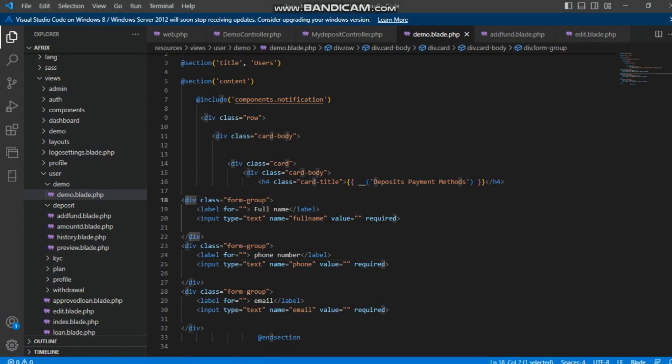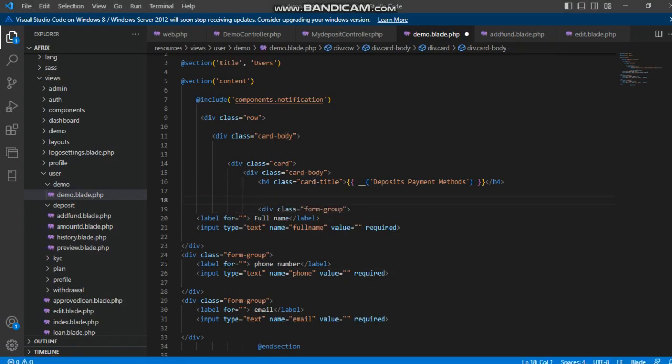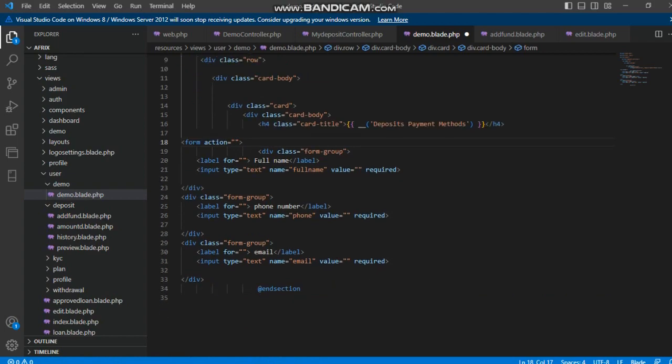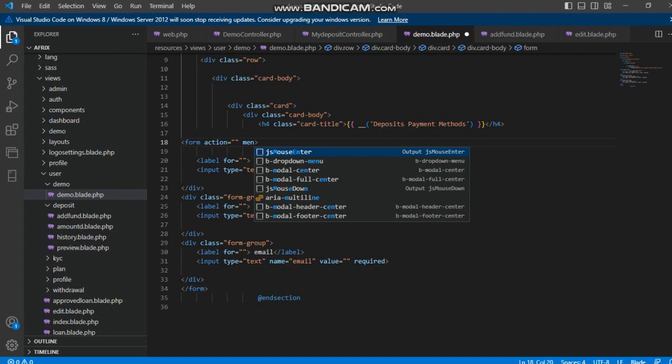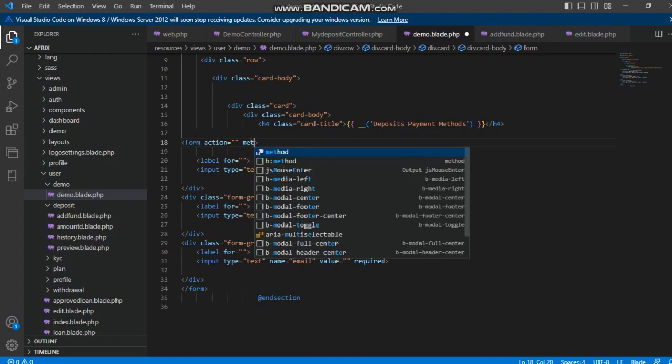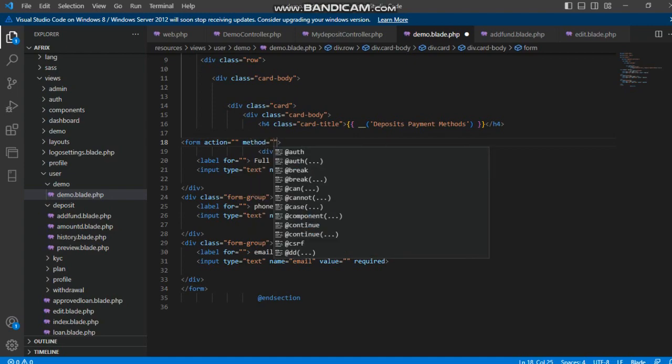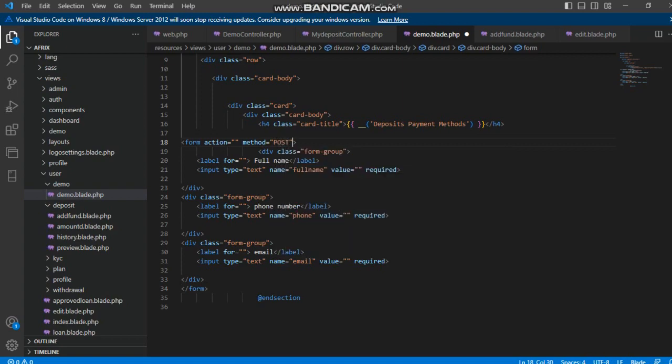So right here, let's add form. Let's enclose the form down here at the end of this. So let's add method. Let's say post, because we are posting this data to your database. And if you add post,